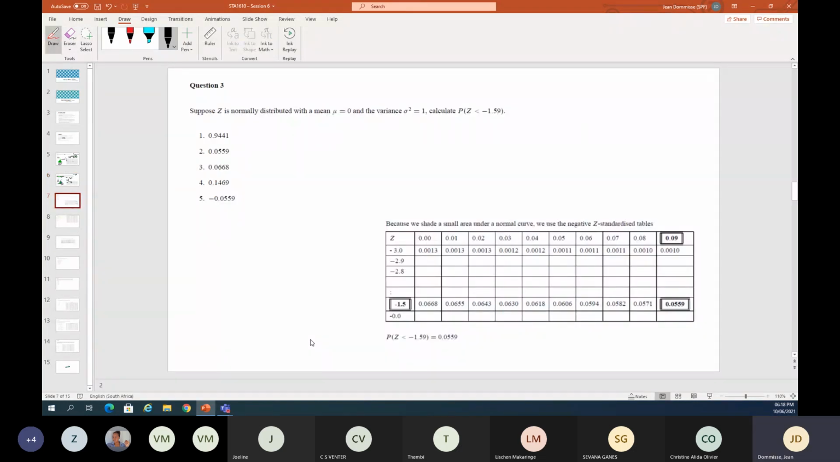Okay, so now they ask it a bit differently. Now they say, suppose something is normally distributed with a mean of 0, variance of 1. So with that, they tell you it is normally distributed because that is in the definition. So when they ask you, suppose that is happening, what is the probability that z is smaller than minus 1,59? So with this one,